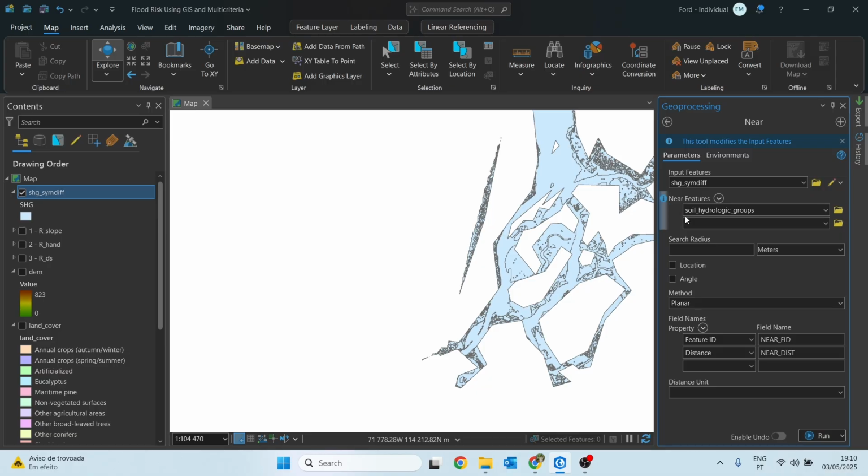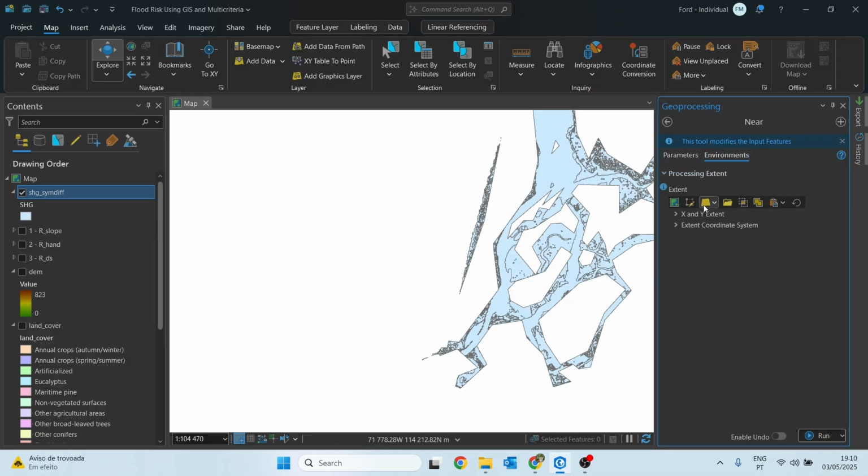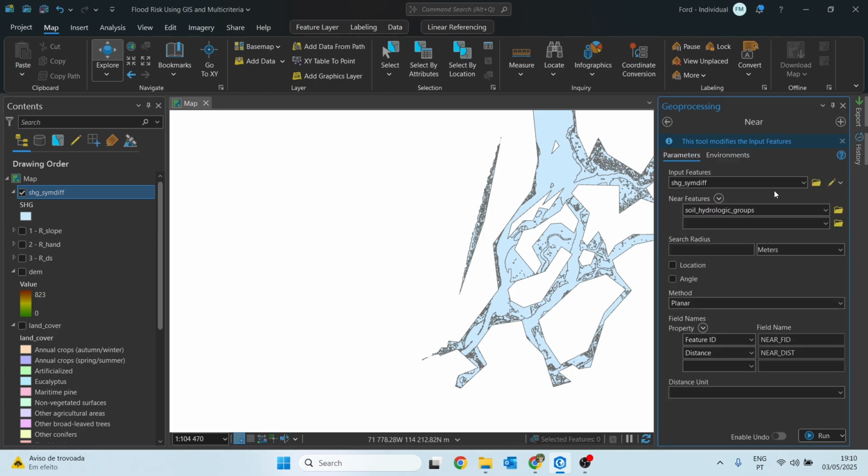this tool will do is to create new fields in the attribute table of the symmetrical difference layer. These fields will include information such as the near feature ID and near distance, along with the attributes, in our case the hydrologic soil group, from the nearest polygon.